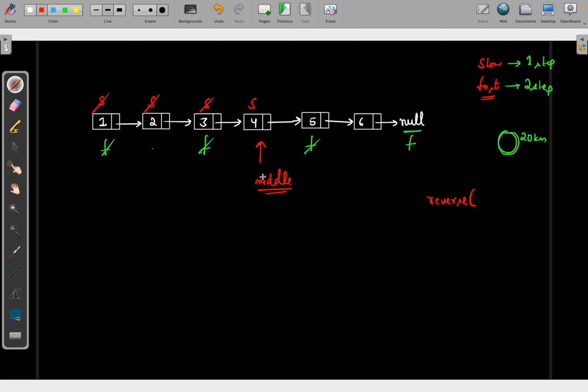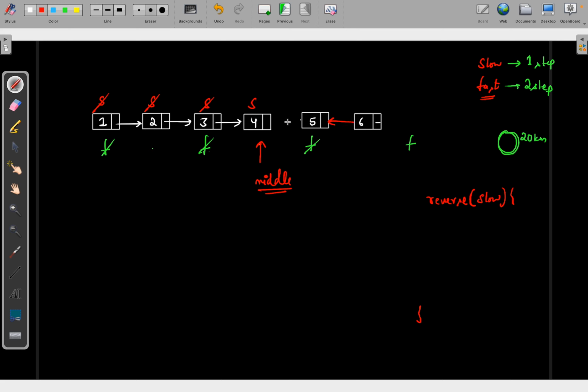Okay, you can try by even and odd. In all the cases it will be the middle, right? So like 1 2 3 4 5 6, this is what I want to be reversed. So now you can pass this slow pointer into your reverse function, and then it will basically reverse it, right? You will use the same concept of reversing. It will reverse it, and how it will reverse it, basically